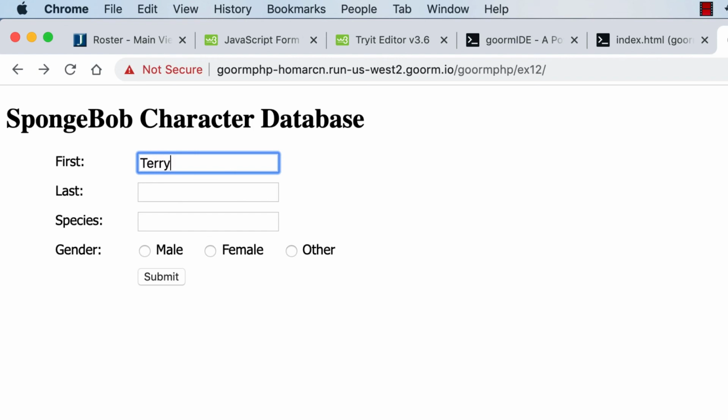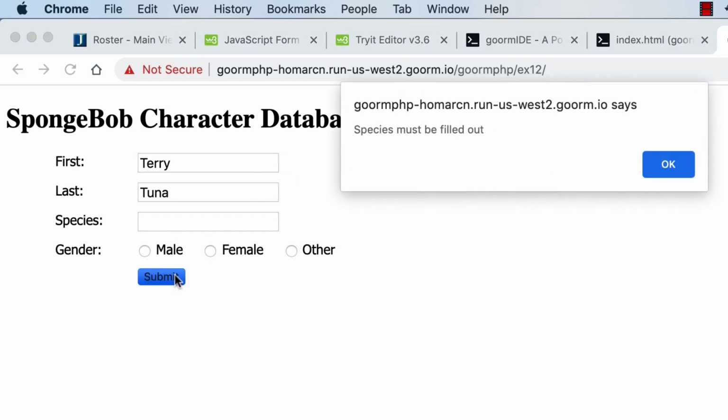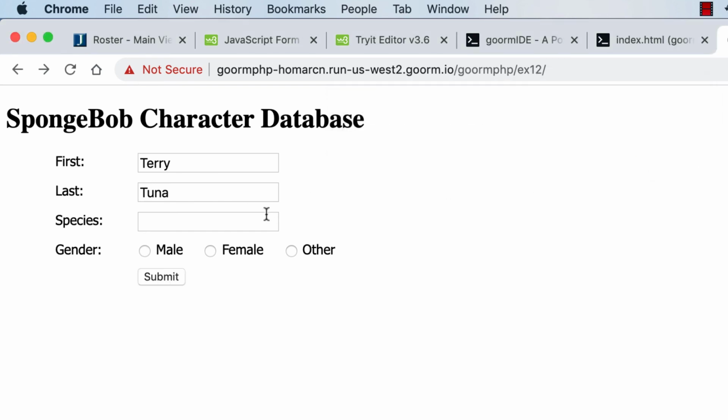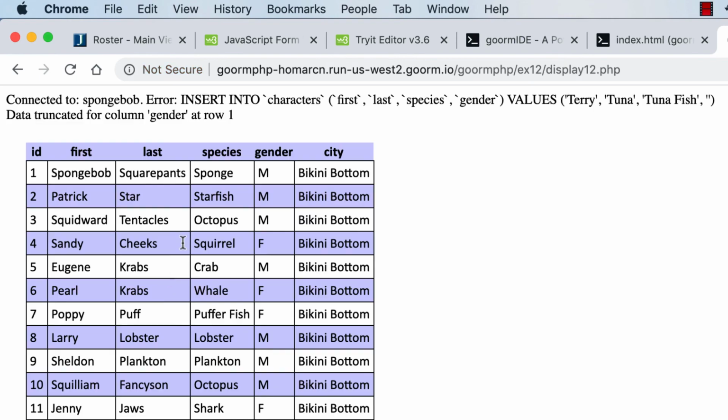So I'll put in Terry. Now if I submit, it says last name must be filled out. So I'll put in a last name, and then I'll hit submit, and then it says species. And I'll put tuna fish. And then if I hit submit, I'm still getting an error because I'm not putting anything in